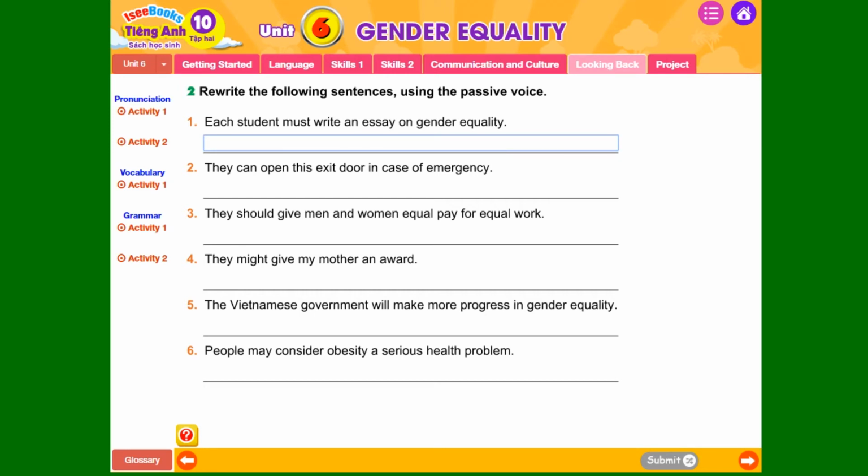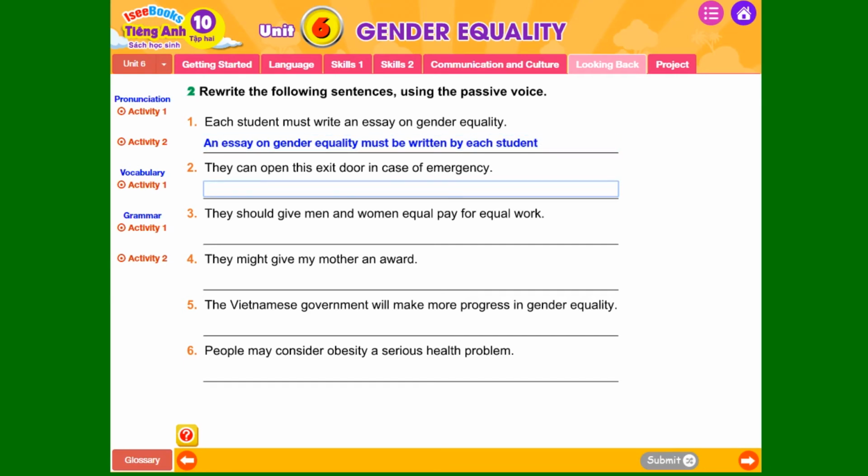So you can see that an essay on gender equality must be written by each student.